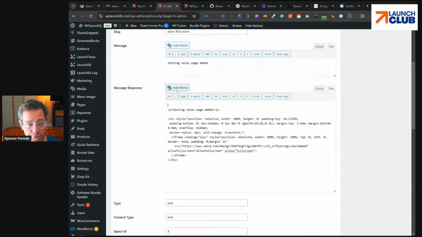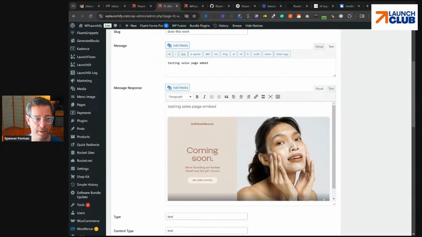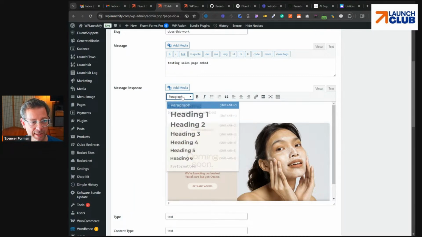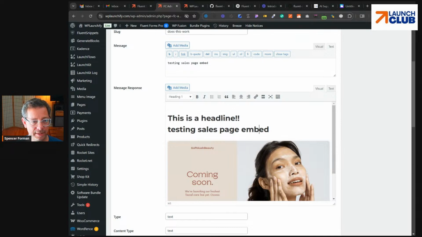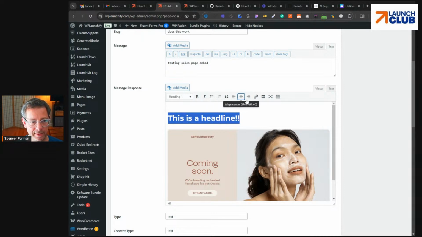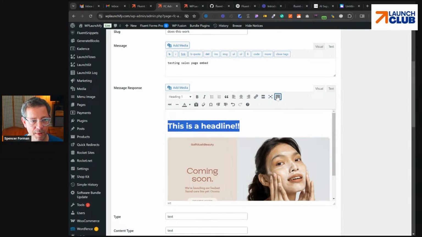Now, I'm going to try some shortcodes too, but let's go over, for example, to visual mode and see if we can do some high-end TinyMCE code, right? So this is a headline. Because I've got the TinyMCE, let's see what happens if I do this. Get rid of that. Let's see if it honors any of that. And I'm going to also see whether or not, for example, just on a color scheme basis, it honors any of that. I think it might.